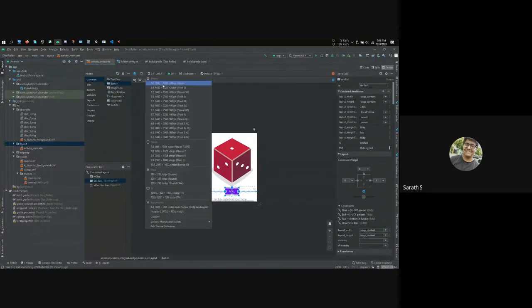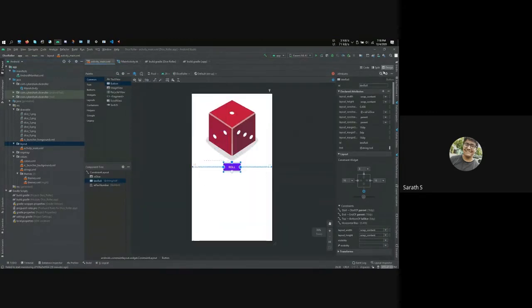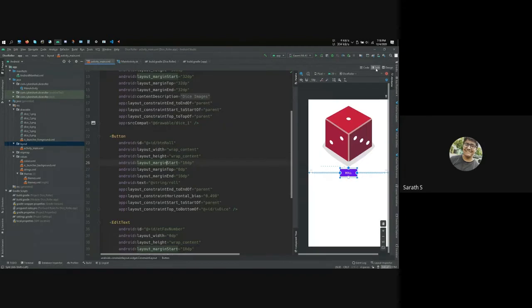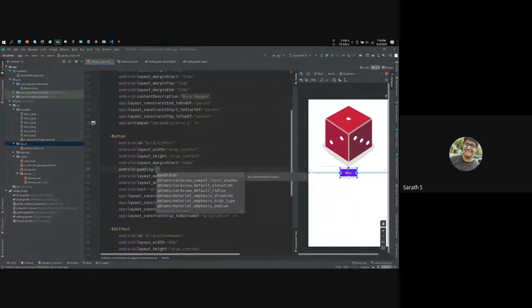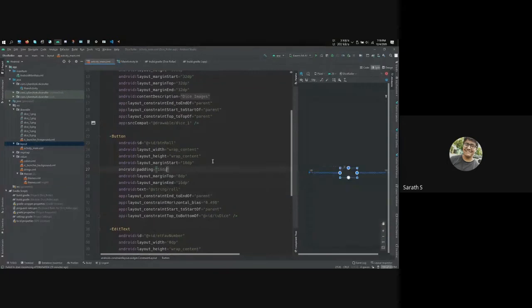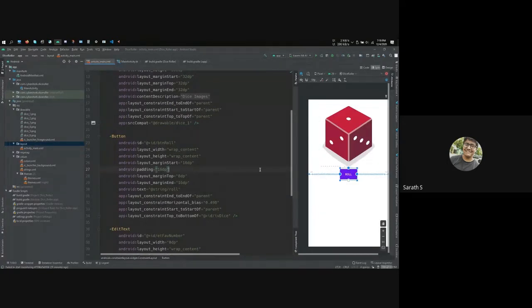So there's another thing called padding. Padding is basically spacing inside the view. If I were to give a padding, it has auto suggestions as well if you have Android Studio, so you could try that out too. If I were to give, let's say, 16 dp of padding, see what this does.